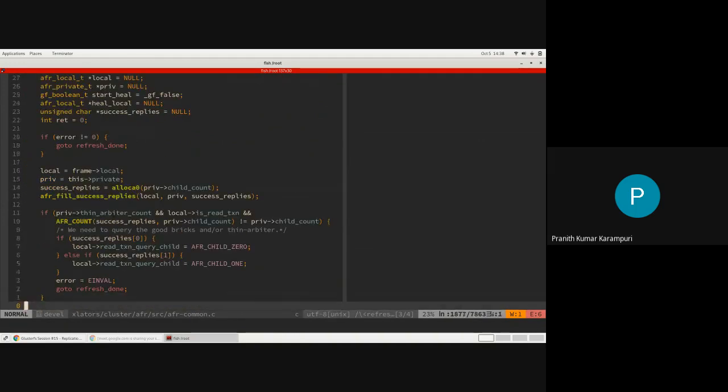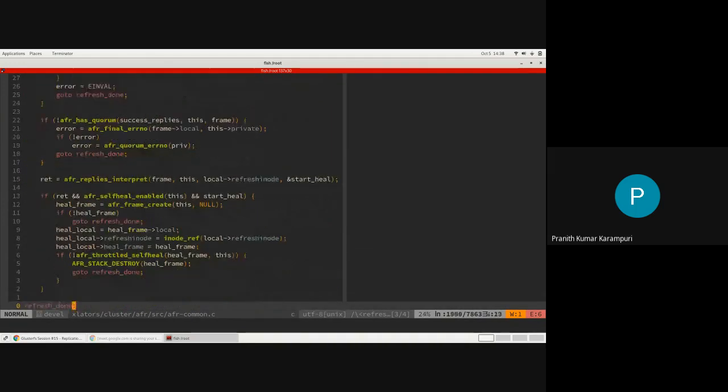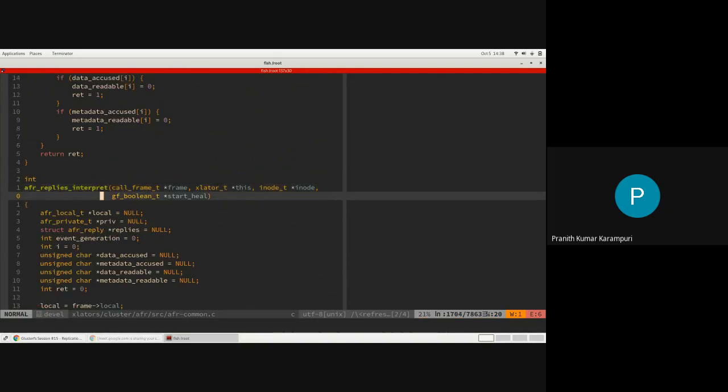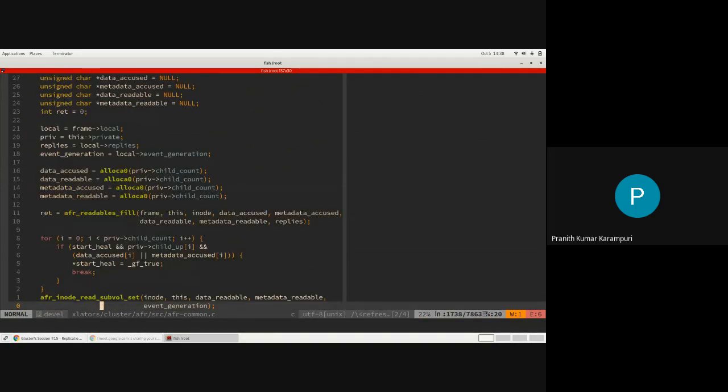So this reply interpret is how it is actually going to populate which subvolumes are good and which subvolumes are bad, which is actually a bit simple.